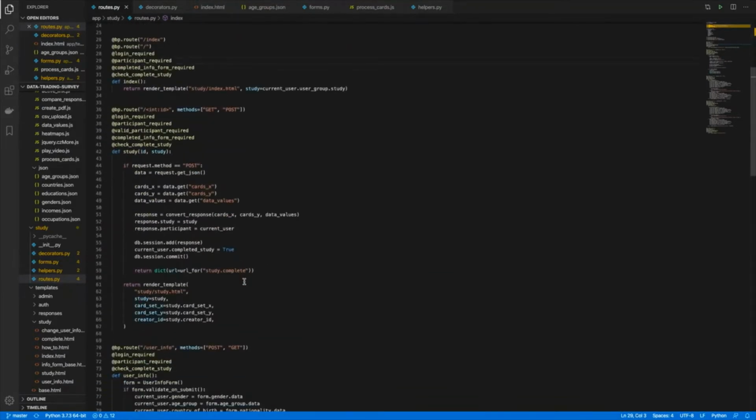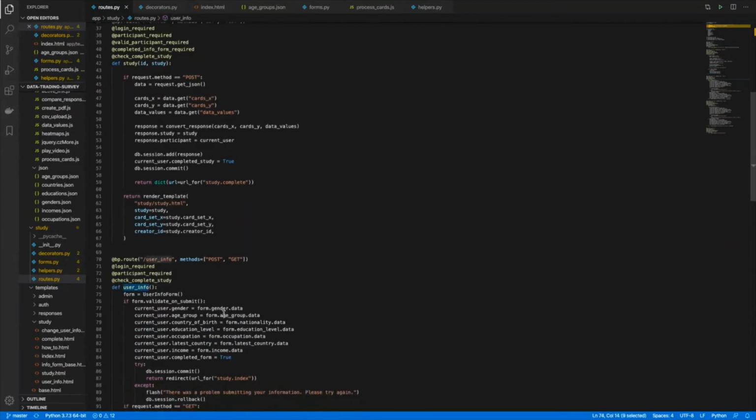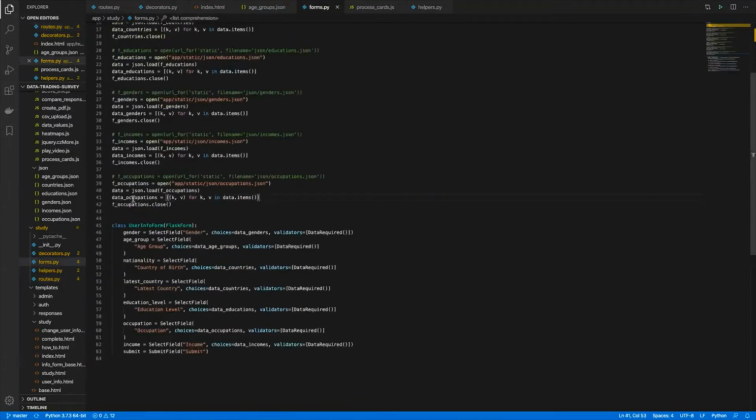So going down to the user info endpoint, this endpoint first instantiates a user info form, which we will see within this forms.py file in the module.